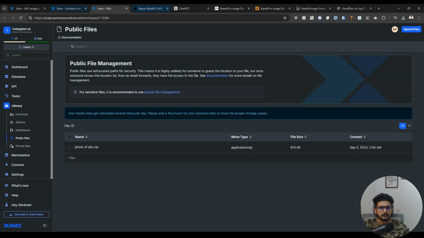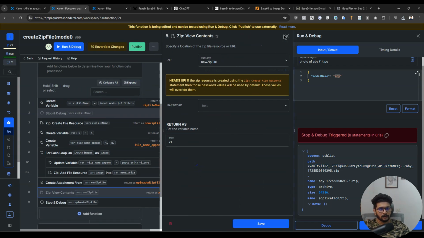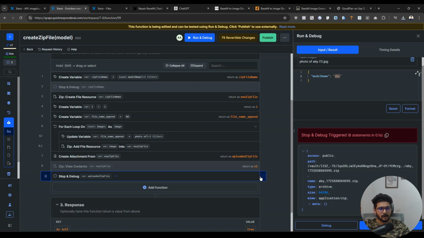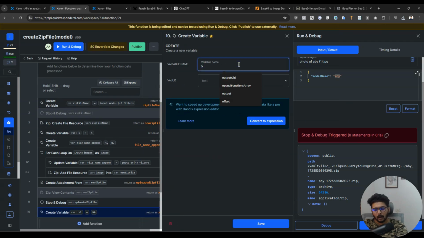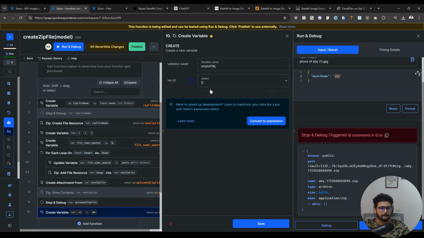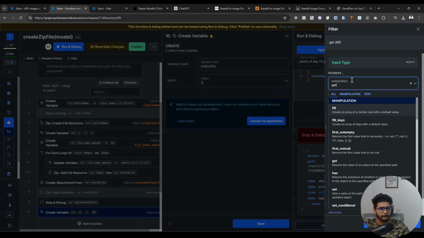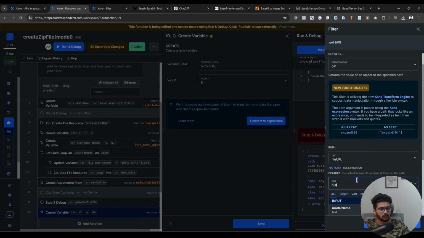Okay, what do we do next? So now we have a zip file. Once this is done, I want to create an output object, and I will just send out that output object. Okay, create variable output object. All right, and file URL would be, we will map it from our file URL